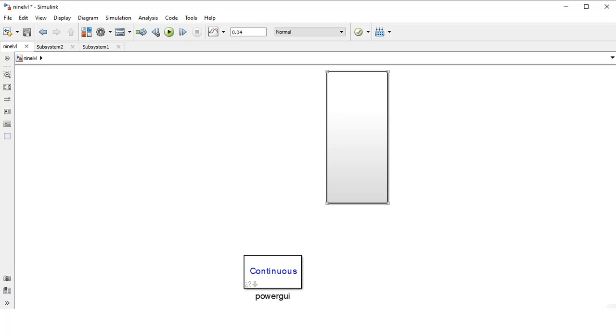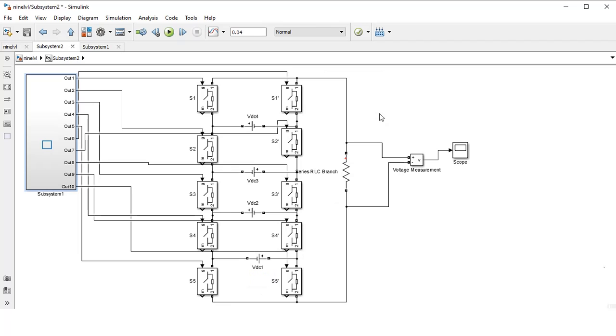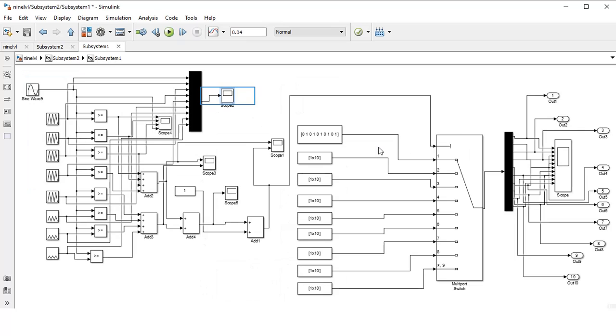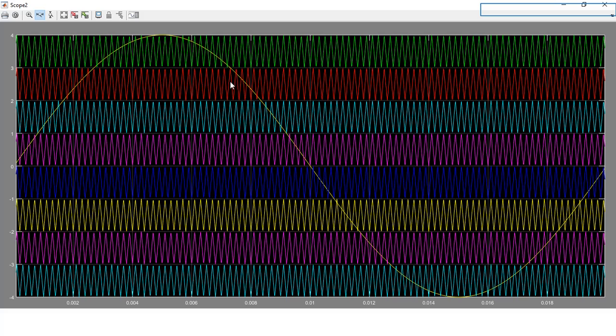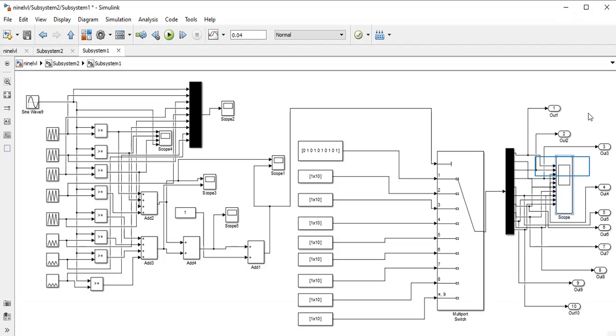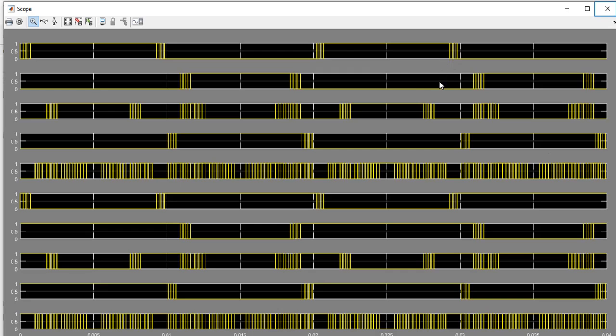The designed multi-level inverter system is implemented in Simulink. It is a two-part system where the first subsystem is the design circuit and the second subsystem is the driver circuit, which provides gate pulses to the switching devices using the sine pulse width modulation technique. In sine pulse width modulation, the sine signal is the reference signal and the 8 triangular waves are considered to be the carrier signals. This reference signal is compared to the carrier signals to get the desired pulses. These are the pulses that are obtained, and each pulse is given to the gate of the ideal switches accordingly.